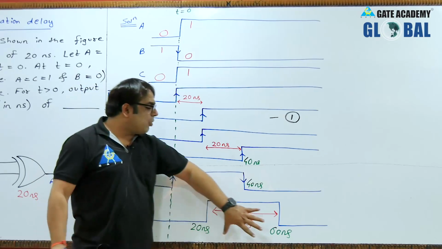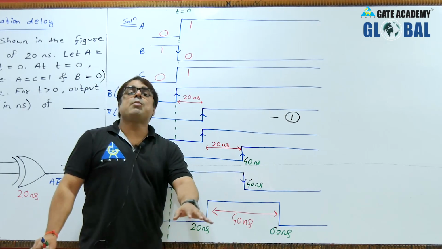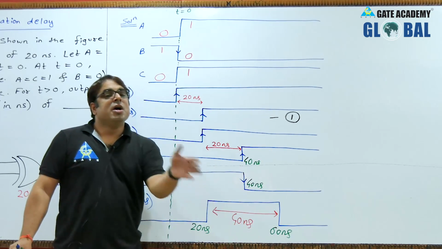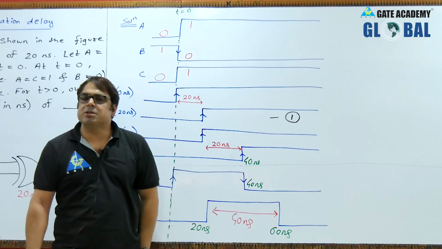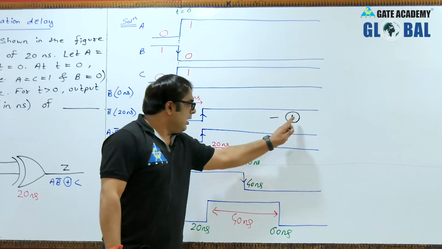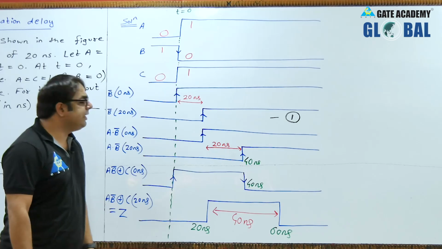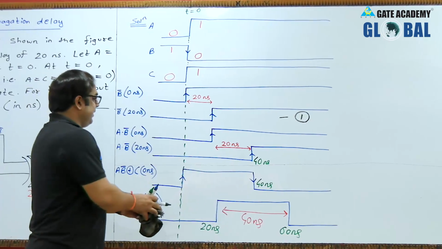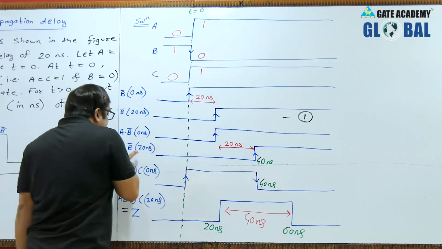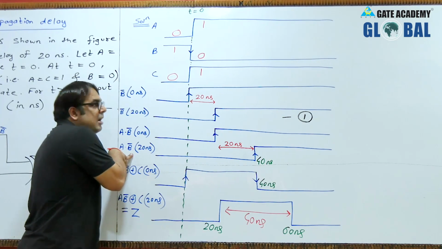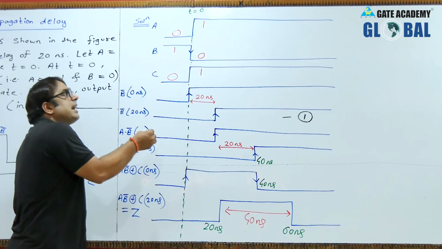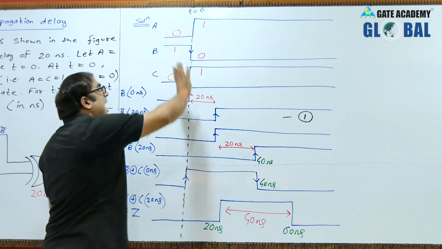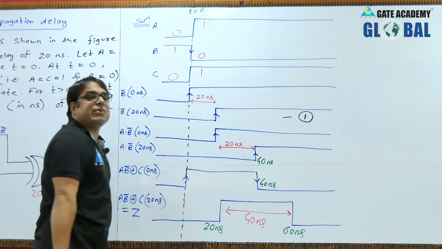Now I have discussed all the things in detail from the basic. Now my focus is what are the compulsory things that we should do directly in the examination to solve the question in the minimum possible amount of time. This is the first waveform which you need to make directly without the help of this one. Again, we need to draw A dot B complement. We must have some basic idea that after t equal to 0, A is permanently 1.